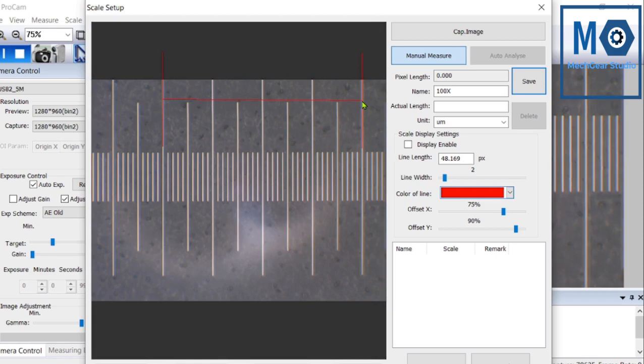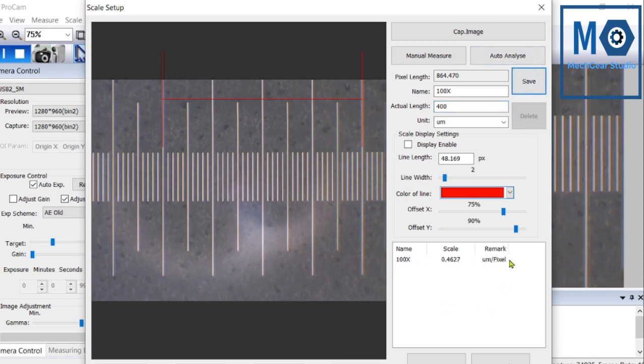We can select any division between these two extension lines, but distance between two divisions must be known. Here we have selected 4 large divisions, and each division has value of 100 micrometer. So we will assign 400 micrometer value manually. Then save this calibration.